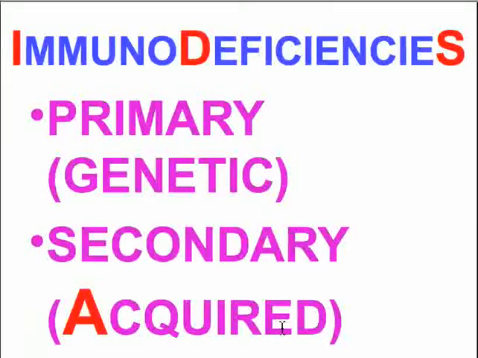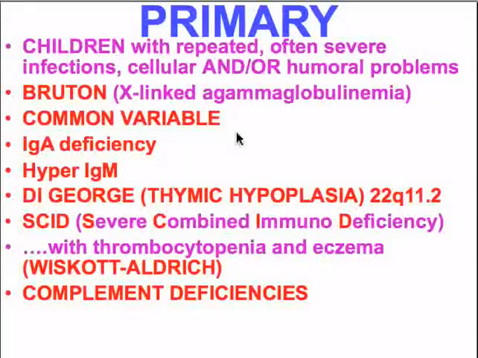But let's start out by talking about the concept of the primary or inheritable or genetic immunodeficiencies. There's a bunch of them. I think you should recognize the names easily. If you hear somebody has a Bruton or a common variable or IgA or hyper-IgM, or if you remember we talked about DiGeorge disease or syndrome as well, or if you hear of a SCID, which is severe combined immunodeficiency, or a